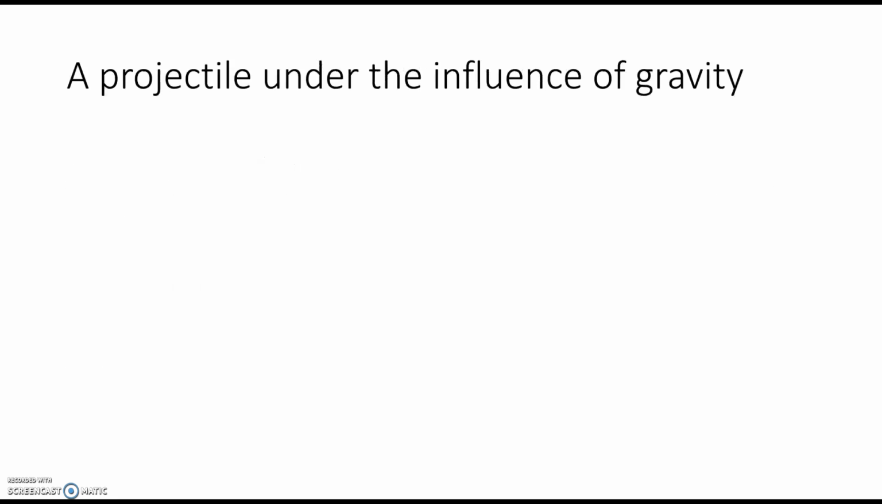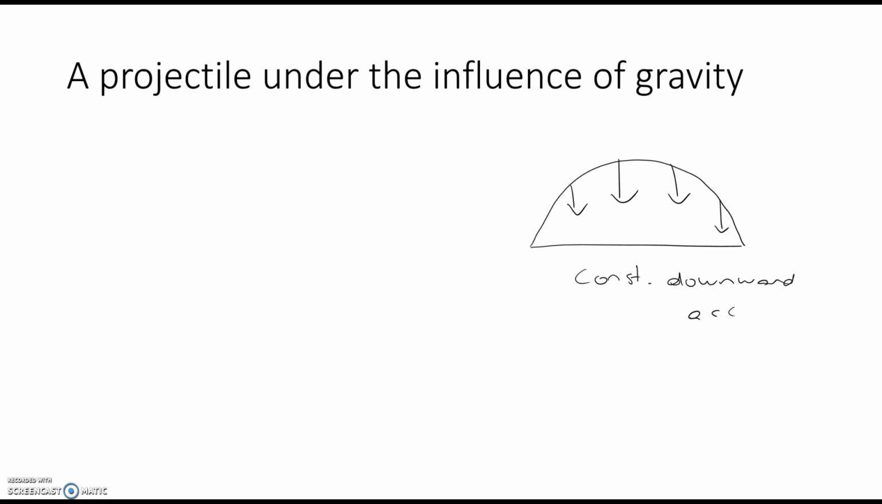Okay, now some maths. The position and acceleration of a projectile at equal time intervals can be drawn out as a parabola. So that's a shape like that. So we could draw constant downward acceleration. And some of the things that we know about the parabola, because that's the shape that it draws out, is that